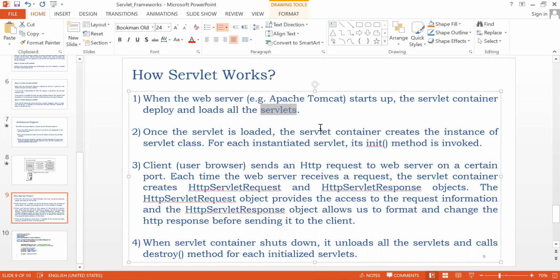Earlier we used to compile with javac and the file name. And once it is compiled, we used to use java and the class name, right? And when it comes to servlet and applet, we compile by using javac.